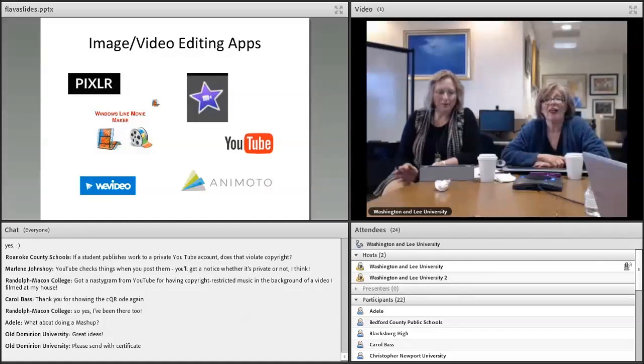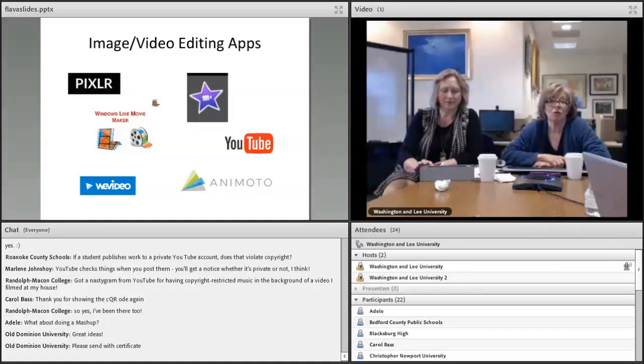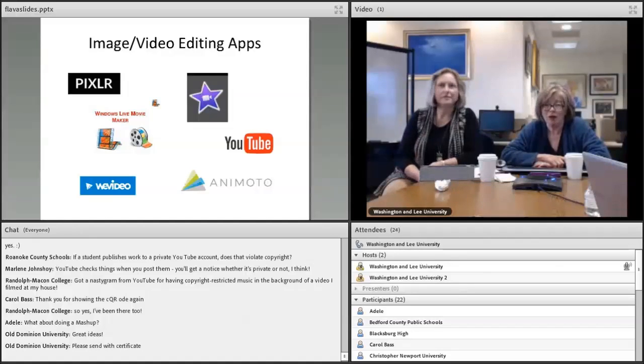The YouTube video editor is built in, so if you've got videos uploaded to YouTube, you can use that. WeVideo is a cloud-based video tool that you can use for editing. Particularly for Chrome, if you're on a Chromebook or a device where you need to do things on the web, browser-based, WeVideo is a good choice. There are a lot of other ones. These are things you have to kind of experiment with.